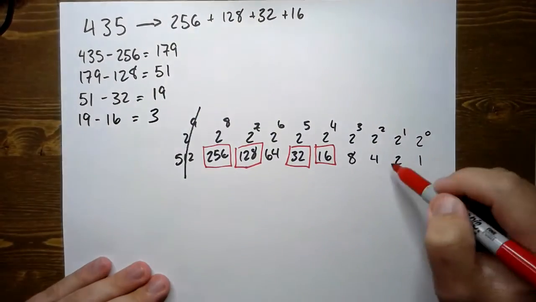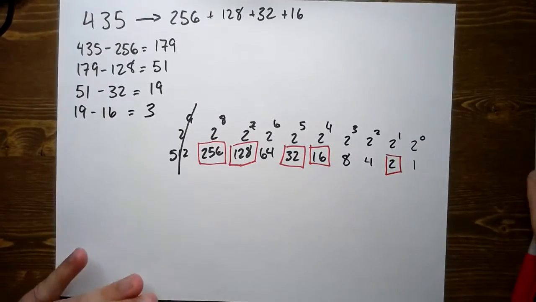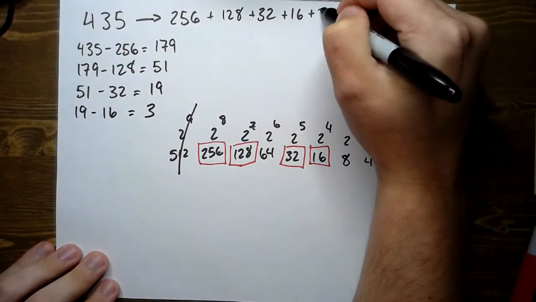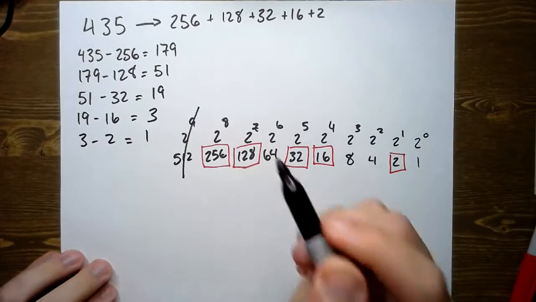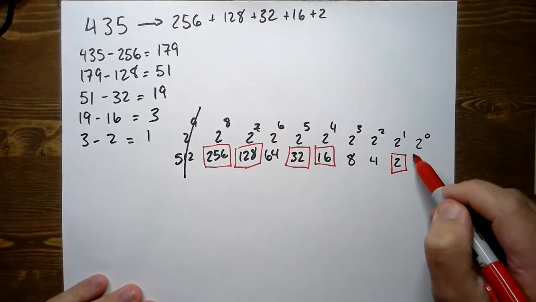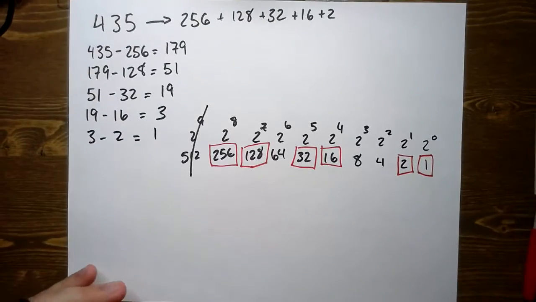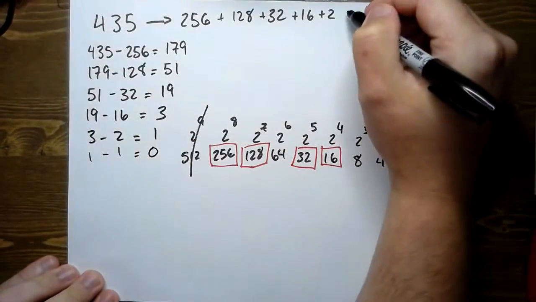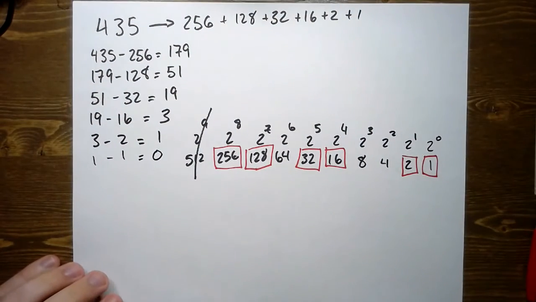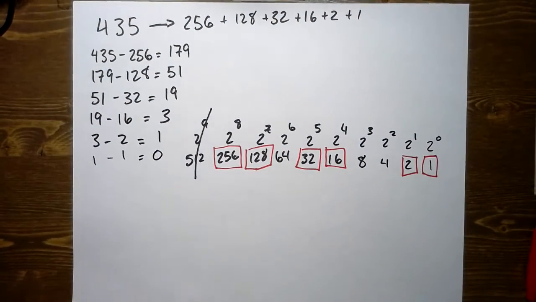So our next one would be 2, plus 2. So 3 minus 2 is equal to 1. So our next one would be 1. And then 1 minus 1 is 0. So put our plus 1 up here. So now if you were to add 256 plus 128 plus 32 plus 16 plus 2 plus 1, you would get